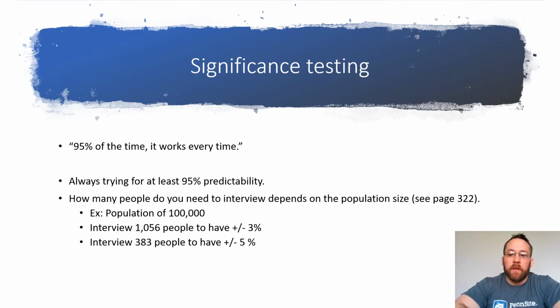If you come into Delaware County and you ask people who they're going to vote for, you don't ask everyone in Delaware County. What you do is you ask a random sample of individuals within Delaware County. And the way you figure out how many people you need to ask to get to some sort of 95% predictability for who will actually win the presidency in Delaware County is you have to